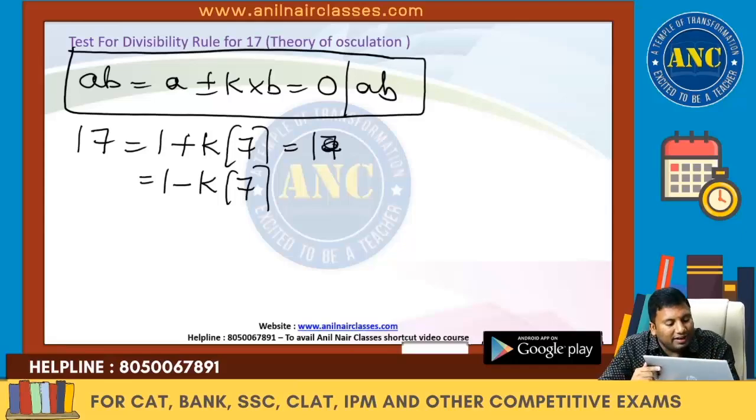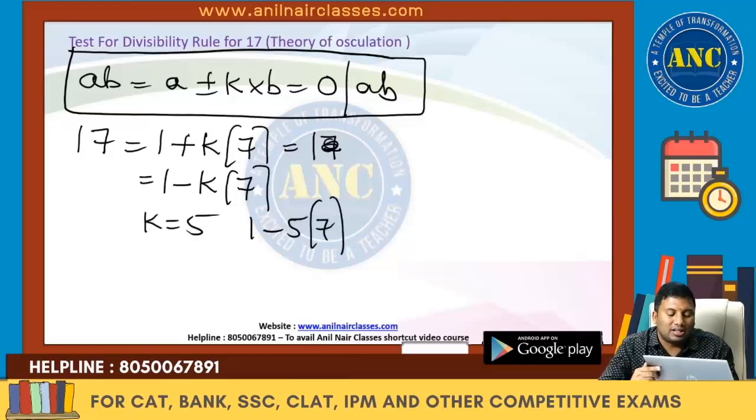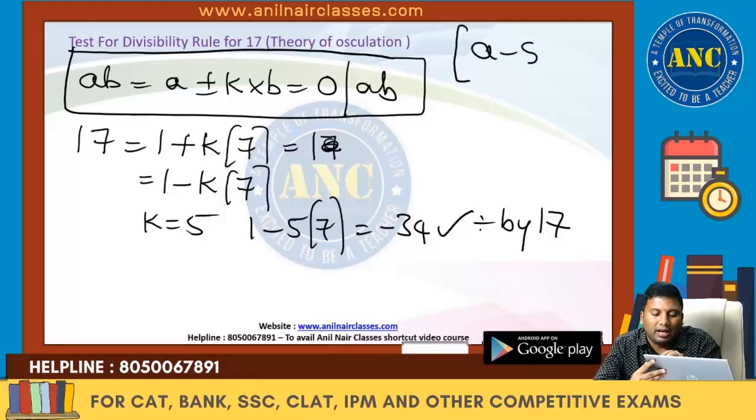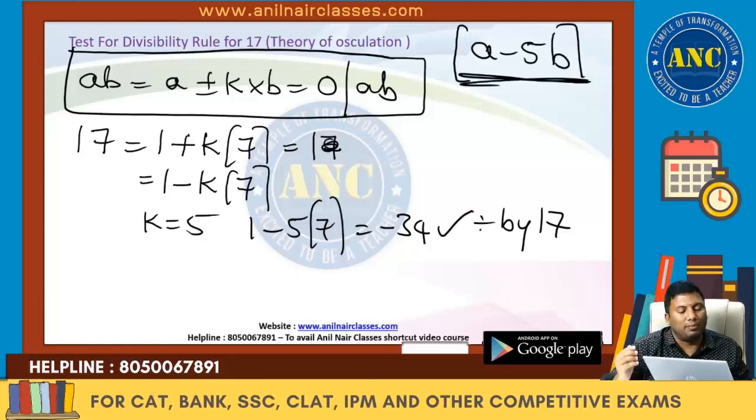If I take k value 5 here, in the second case, 1 minus 5 into 7. 1 minus 35 is minus 34. Minus 34 is divisible by 17. That means the divisibility rule of 17 is a minus 5b. I hope you are all there with me. A minus 5b. It may not be plus k, it might be minus k. Suppose it is